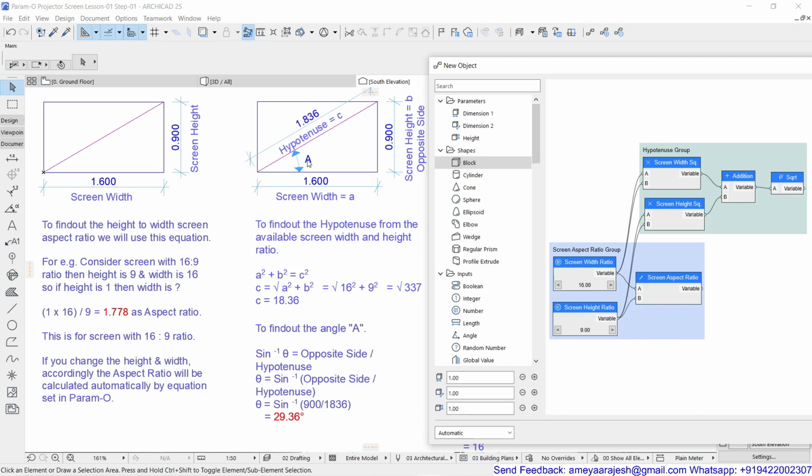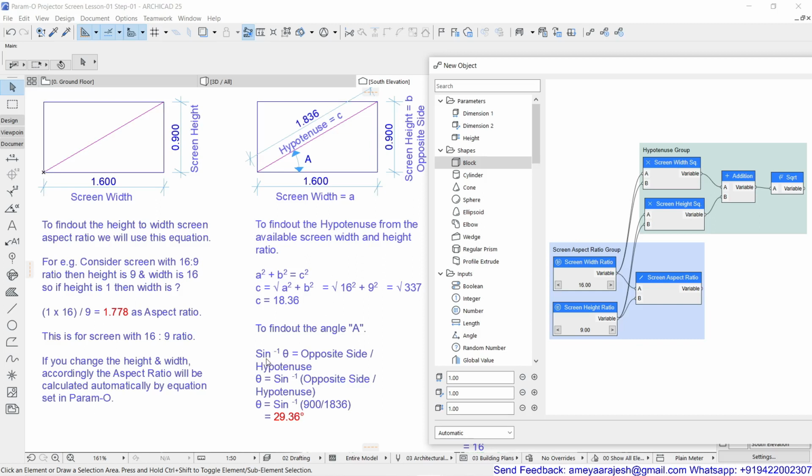This angle will be useful for us in future, because we are not aware of the length and width of the screen, that is, the width and height of the screen. But we will be giving the aspect ratio, and from that aspect ratio, plus the diagonal length, we will always be identifying this angle, because with the help of that we can find out the height of the screen.